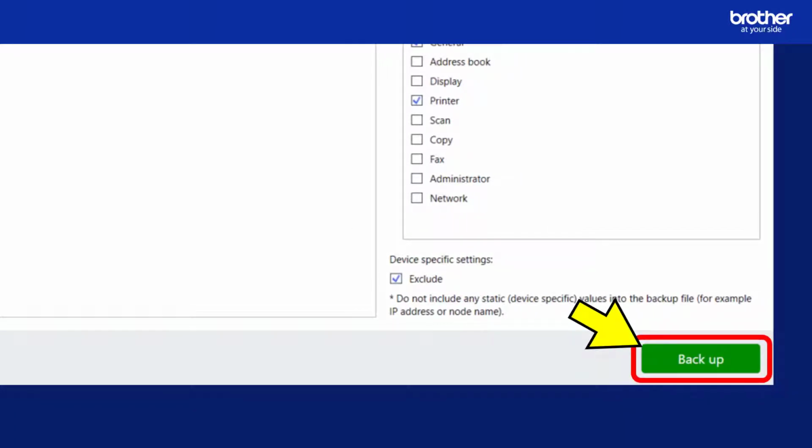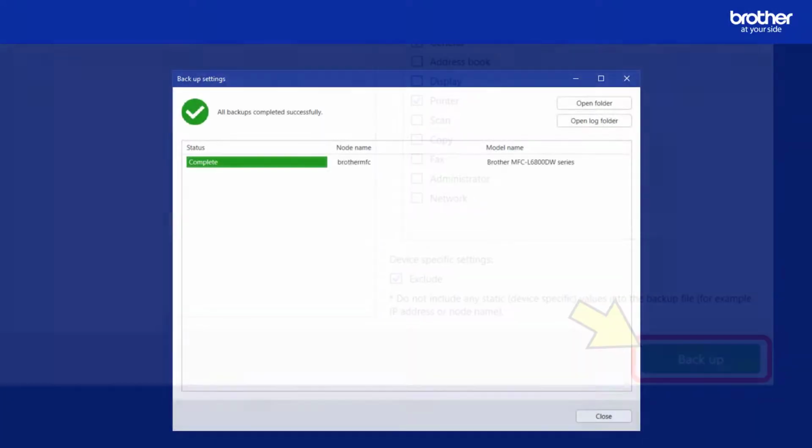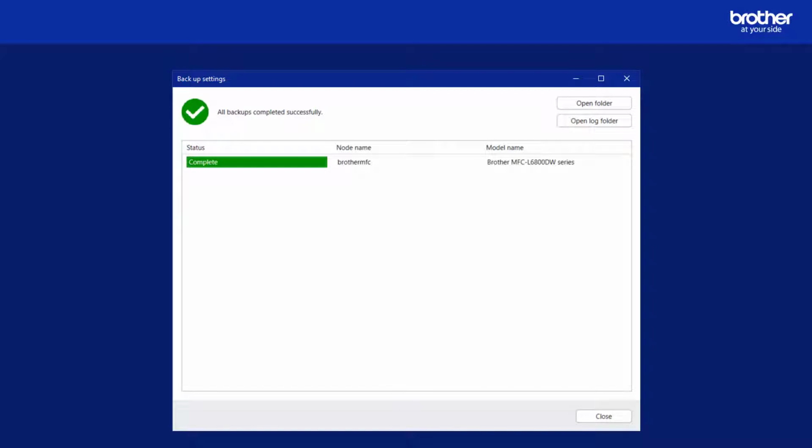To begin the settings export, I clicked the Backup button. The backup was successful. If you are following these instructions and get an error message instead, check that you entered the device admin password correctly and that you are not trying to back up your device to a network location, NAS drive, or USB storage device.